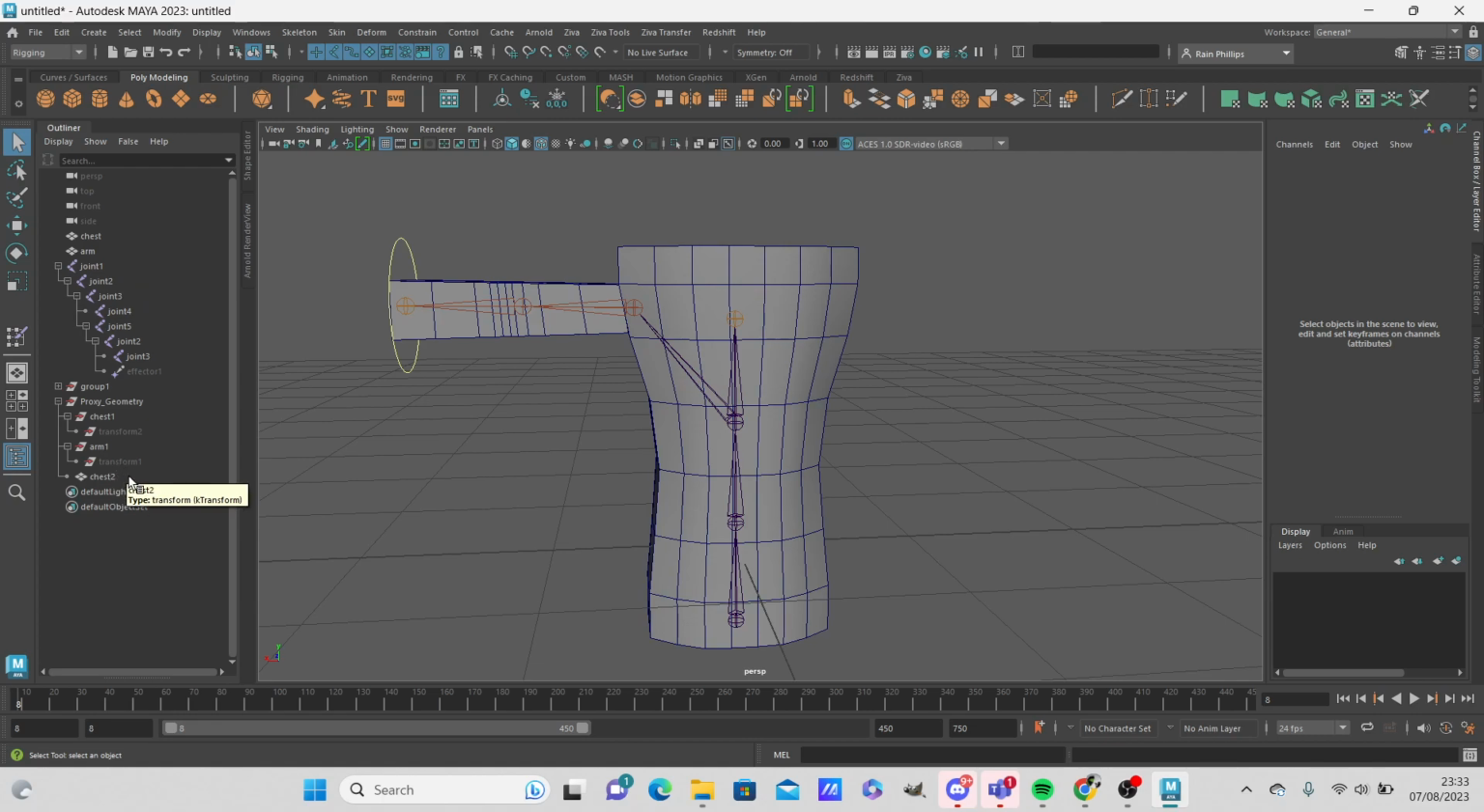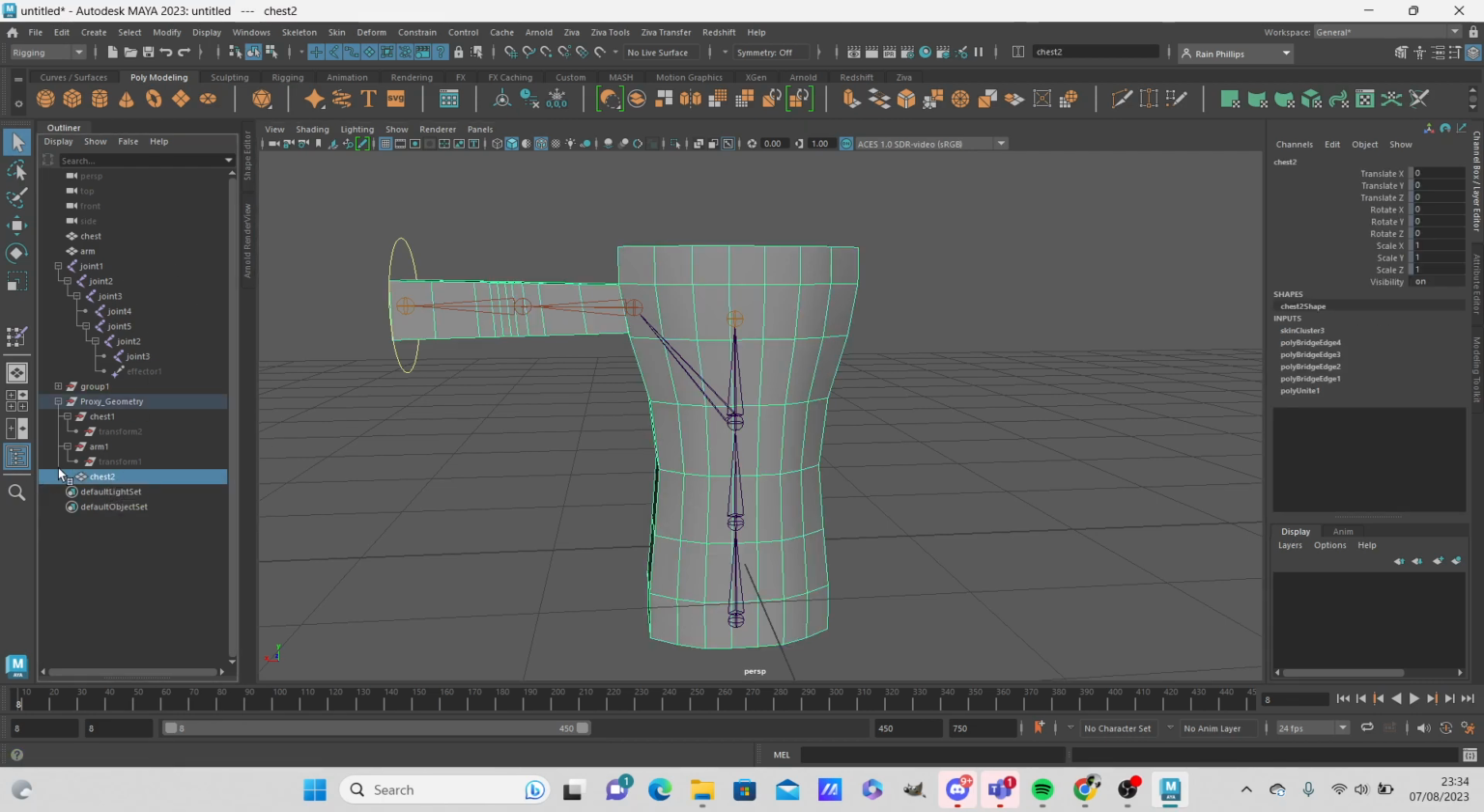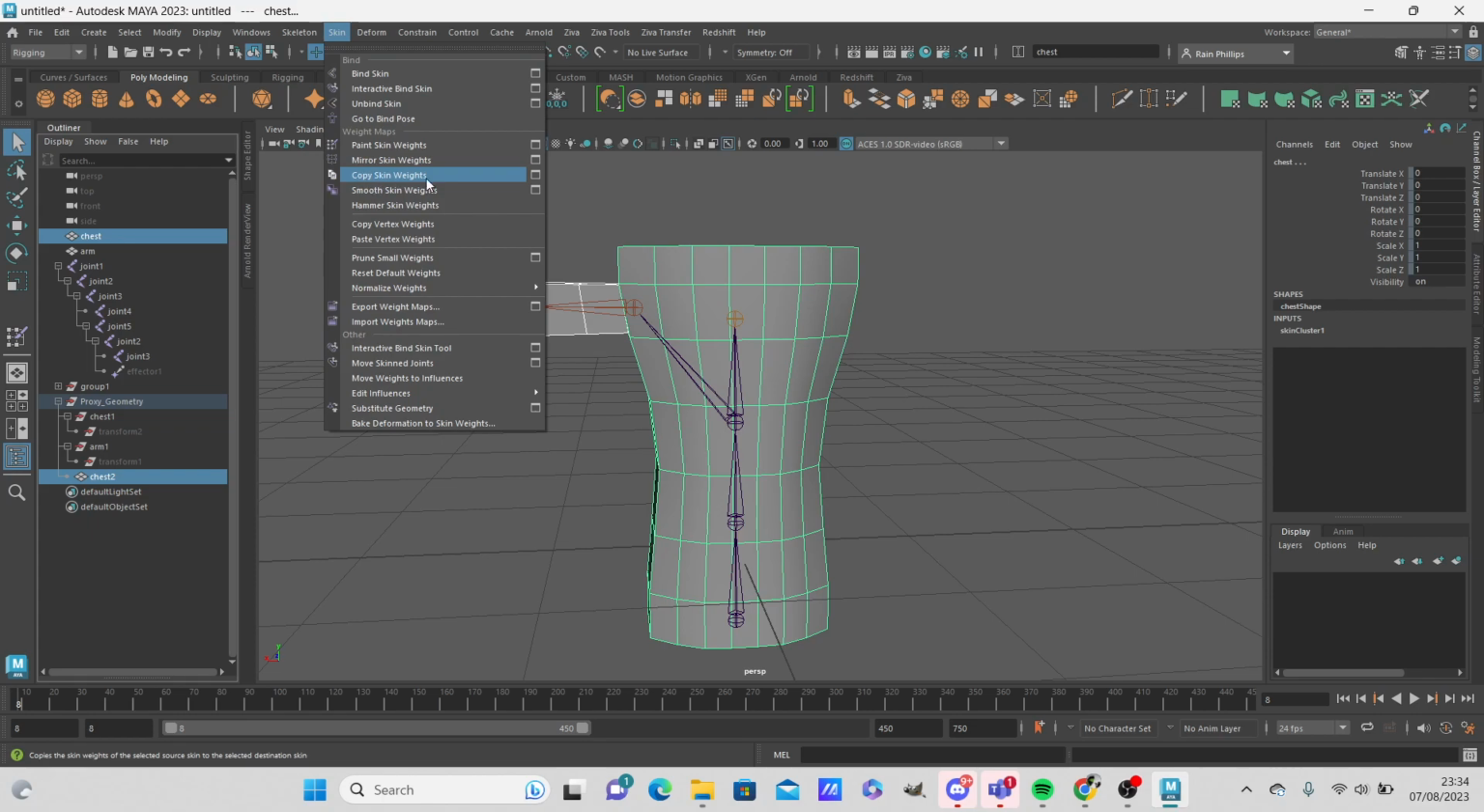The thing that you want to project is first. The thing that you want it to be projected on is second, in the sense of selection. So you pick the chest, because I want to project the proxy chest. I want to project the skinning of the proxy chest onto the skinning of the original chest. Then I go to skin, copy skin weights,